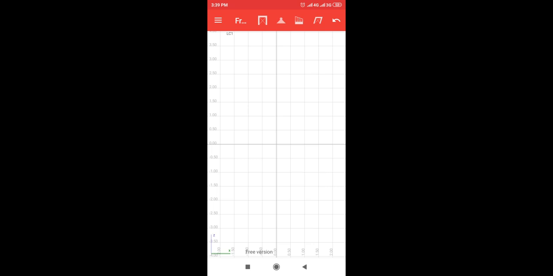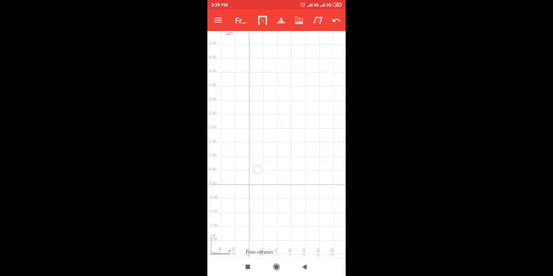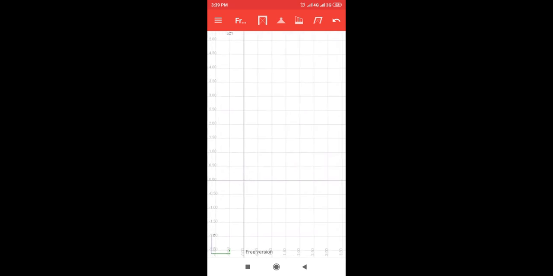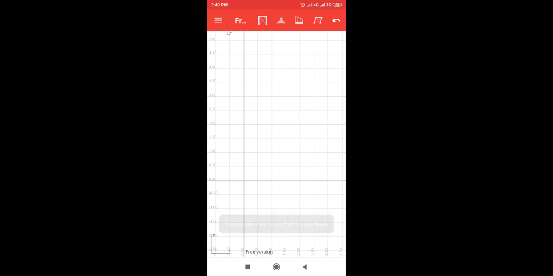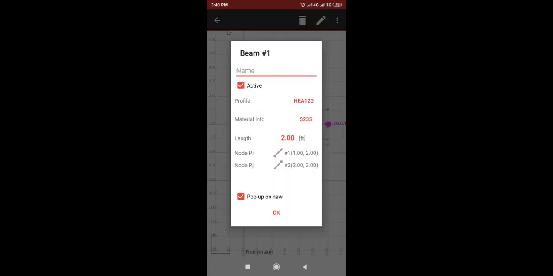Now you see I can drag the origin of the axis anywhere. The tools bar is available at the top, and I want to draw a beam first, so here you go for frame. I pick the member. Here are other options. You can see I pick members to draw a beam. Then you have to fix a point. I fix a point and this point will be dragged to the second point. So I pick a second point, and then you can